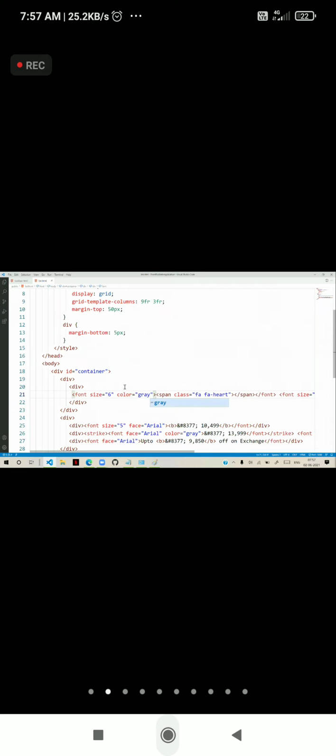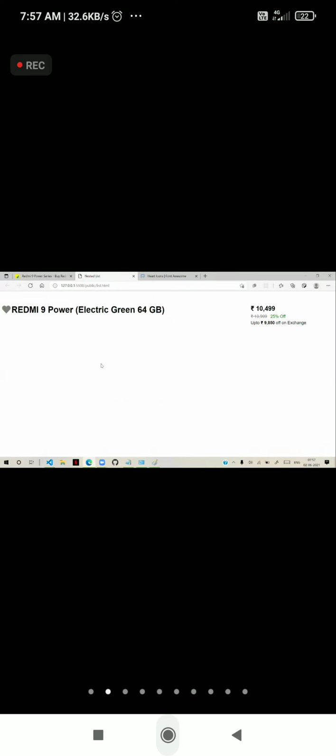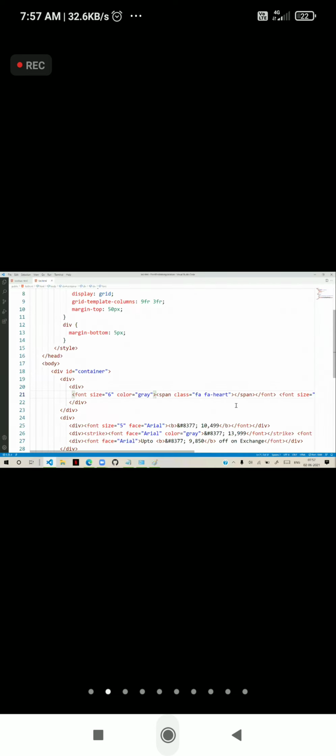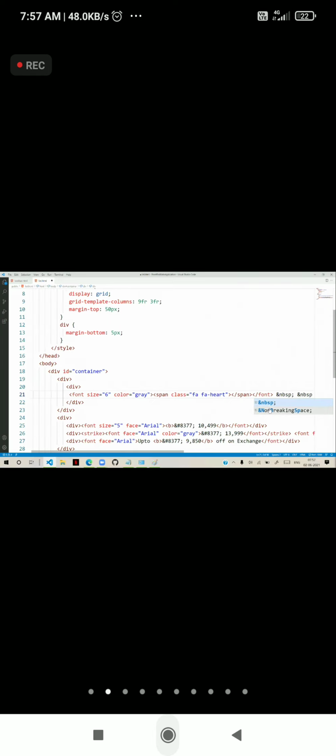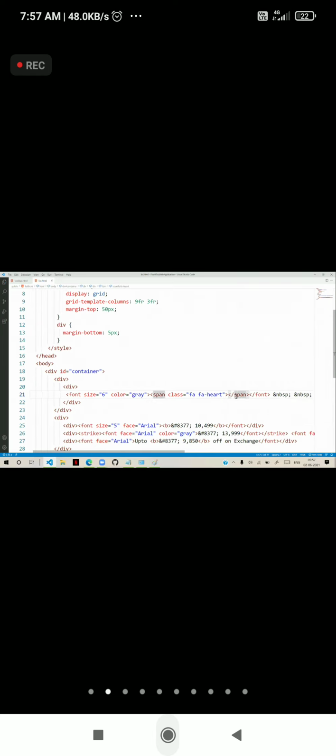That span is kept in that, and it will display like this. You can add additional space using ampersand NBSP semicolon, ampersand NBSP semicolon, that means multiple blank spaces between the text and symbol. So this is how you define the content. Later beside it, the photo of that mobile will come.